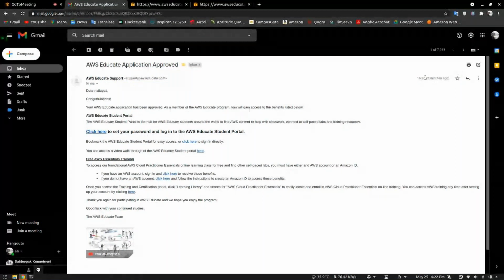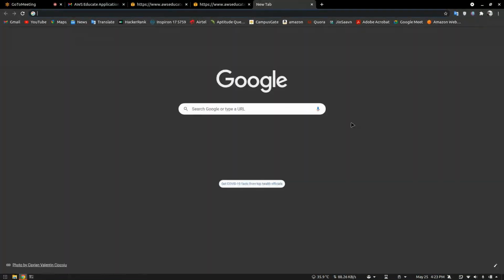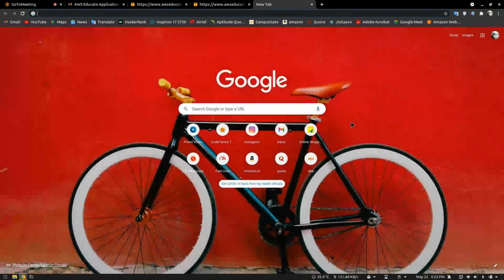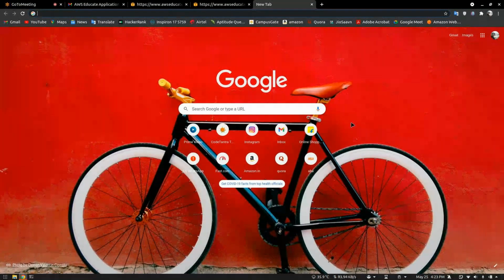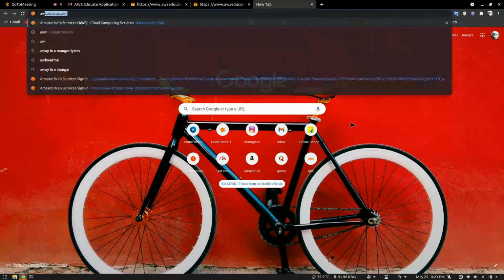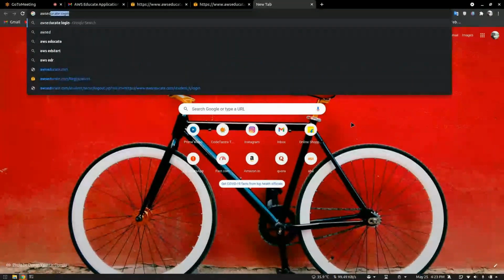Okay. So the next, how to log in to that student portal. Again take a new tab. Then browse awseducate.com. No need to put space between AWS and Educate. AWS Educate is a single word: awseducate.com.